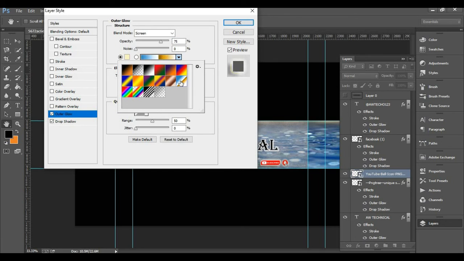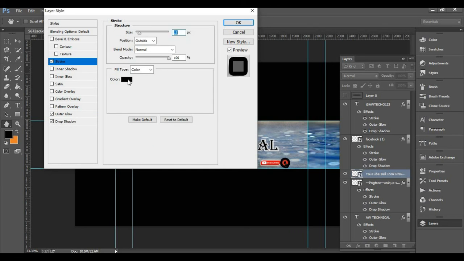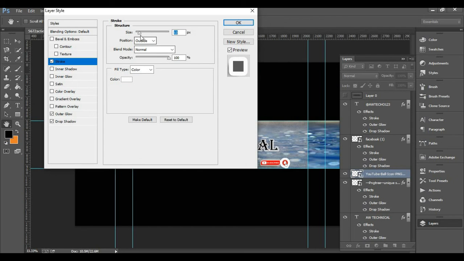Here I will select according to all other elements, decrease the opacity. Now go to stroke, change the color of the stroke black to white, size set on 4, a little more. Now it's fine. Okay.